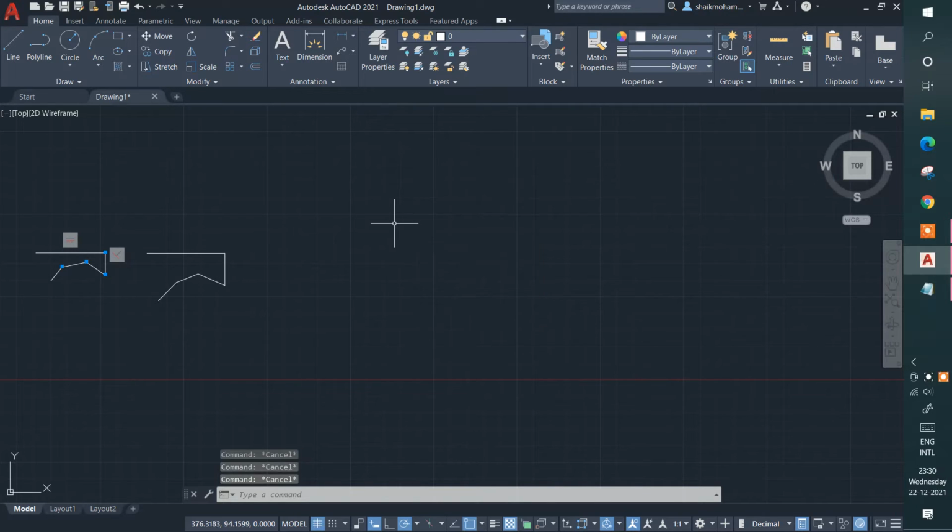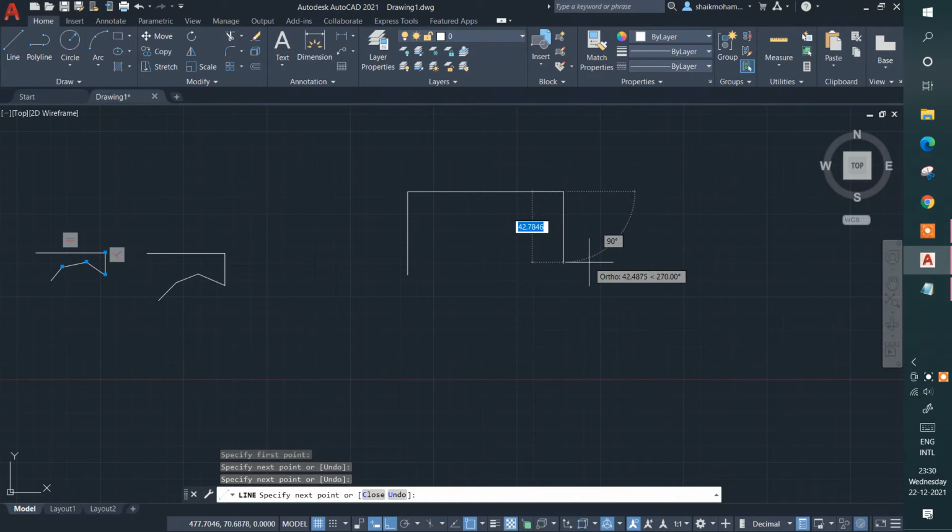And then after, this is called ortho mode, guys, F8, okay. Just click on this. Let me show you what the ortho mode is. It will guide you only horizontally and vertically, only horizontal and vertical. And let me show you. I just took a line and you can see it's only drawing vertically, and it's showing only horizontal and vertical, not even a degree, okay.